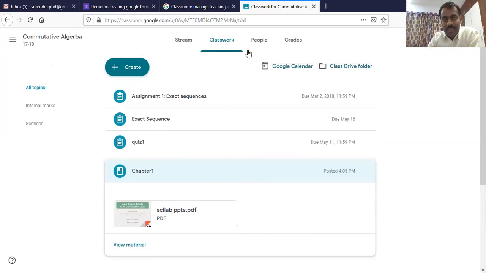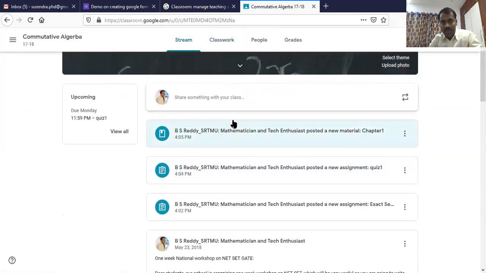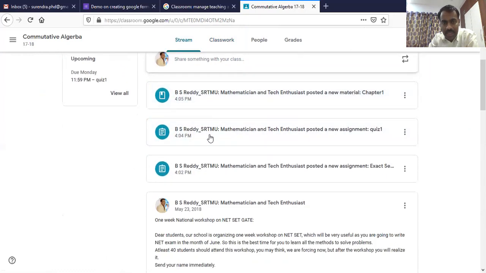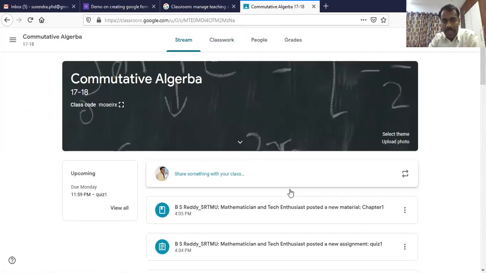Now, next, we have created a class. We have added the people. We have made some classwork for students. And the general thing is there, stream. So stream means whatever we have just done. You can see that when I click stream, there are 3 activities. For example, I have posted, shared a material, quiz, assignment. And whatever messages you want to keep, you can put here.